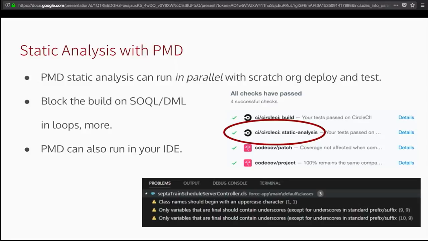I mentioned earlier that there's multiple checks running in GitHub. That's what that summary information is telling us. And the second one is actually a static analysis job that's running to make sure that those code style, development practice type areas are looking good in the code that we're building.